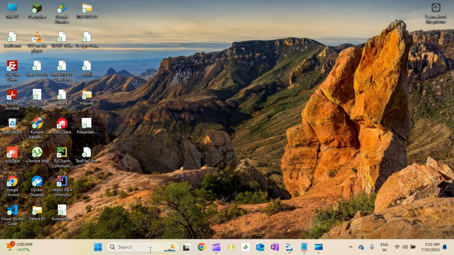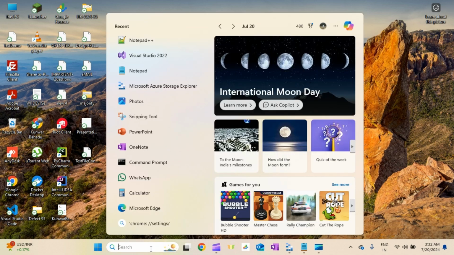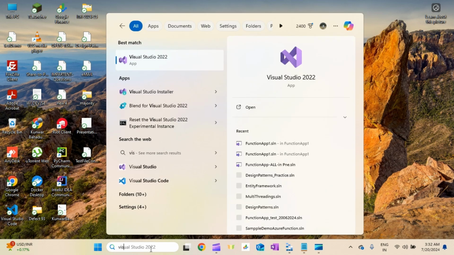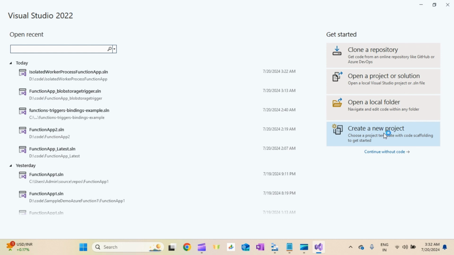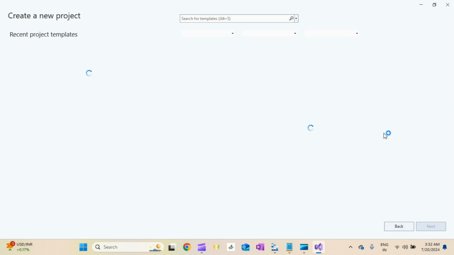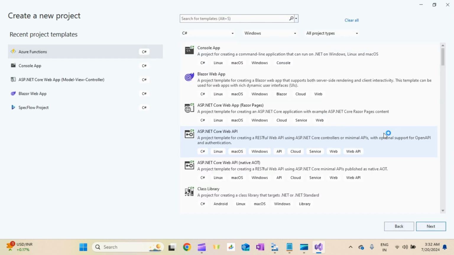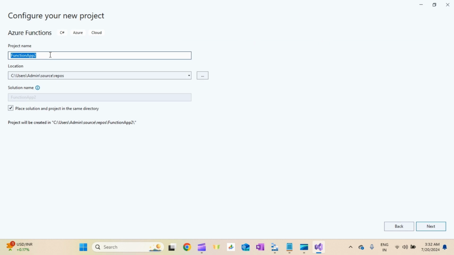Okay, so let's get started on the hands-on. I'm just opening Visual Studio 2022. Okay, so today we are going to have two exercises. One, we are going to just understand how we can use the trigger. So I'm going to explain a couple of examples for triggers. So first I will go and create a new function, and then I will give it some name. Let's say I will give